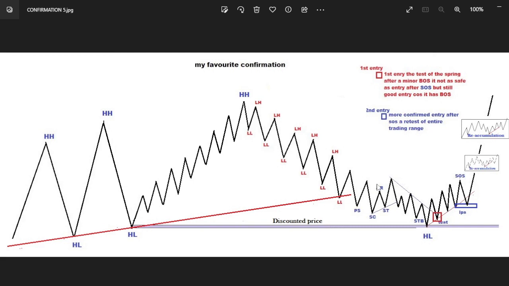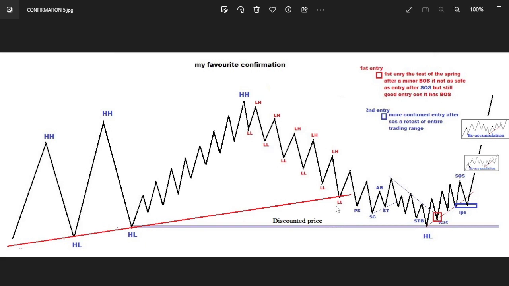After trend line liquidity, I would like to see an accumulation, and this is a discounted price, because after the break of this trend line,